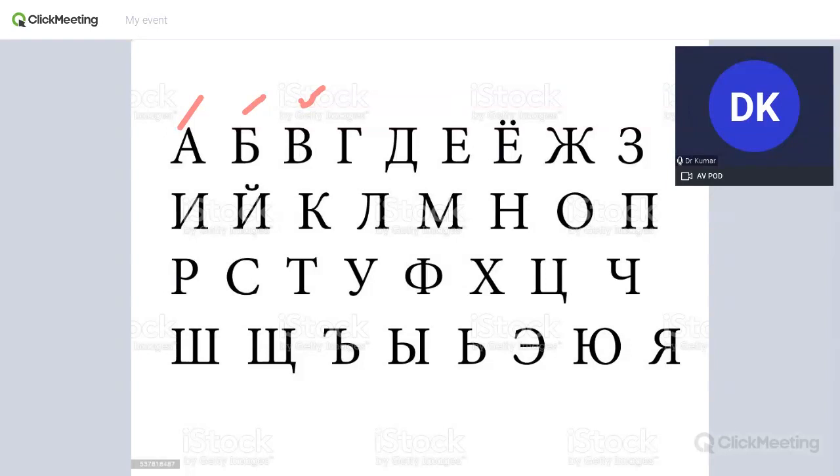Then we go on to the fourth letter, which sounds like G, which is the English equivalent of G. Yes, I'll mark that as well. So we have already done four letters: A, B, V, G. The fifth letter. Right. So this would be the English equivalent of D, D for dog in English, and